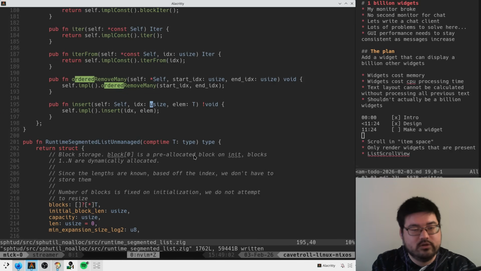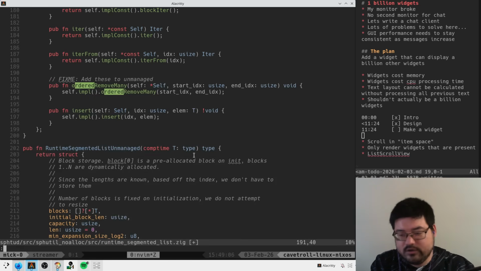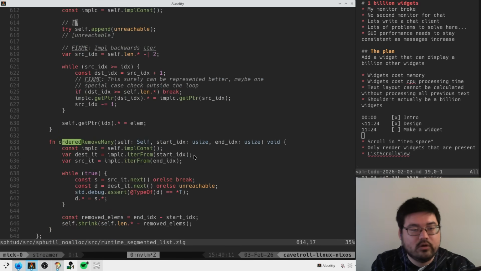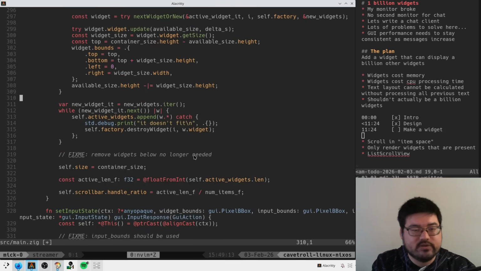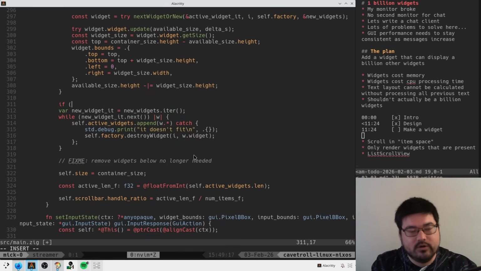And then we should do a fix me, add these to unmanaged. Okay. Cool. So did I do the insert part of this already? No. Okay. So if we're going backwards,